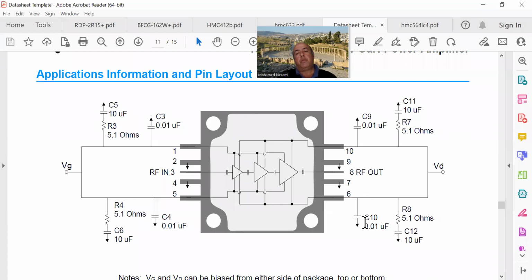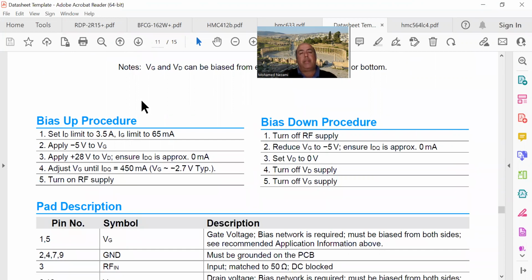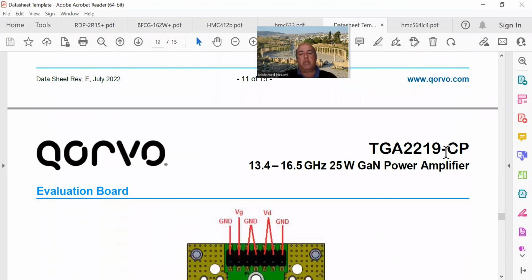So basically, we got the drain voltages on both sides, so you need to provide that along with the gate negative voltages, and there's a biasing sequence. That's why there's a microcontroller on this BUC design that takes care of the sequences. So you can't just turn off power, you'll damage the device. There's a procedure to bias it up and bias it down, where you go into a sequence of events